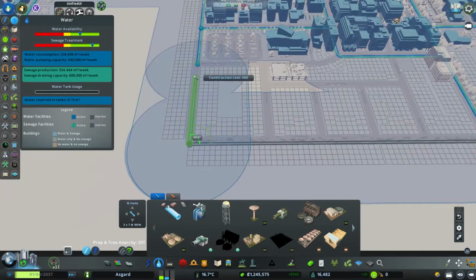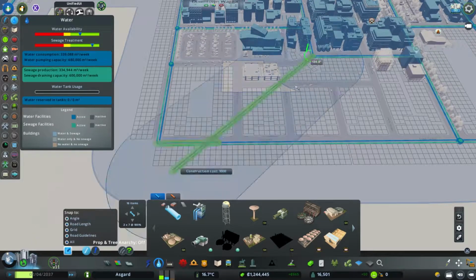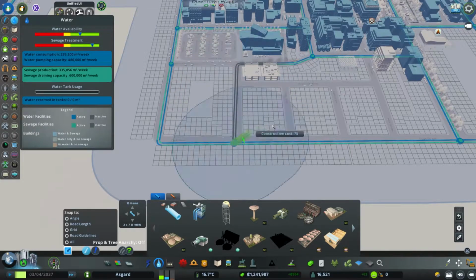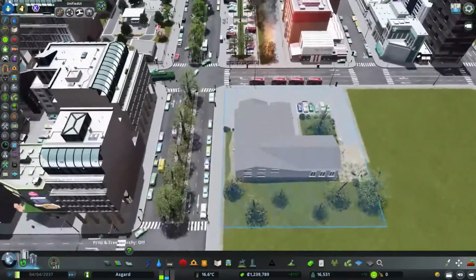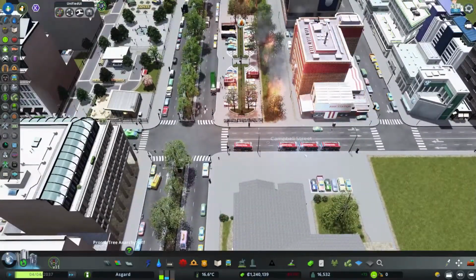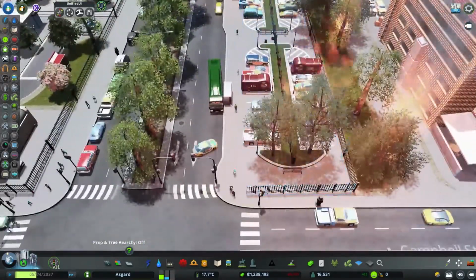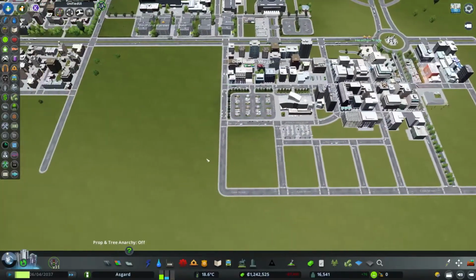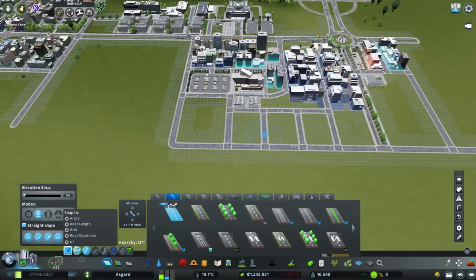It's fine. Okay, so then let's just get our pipes in. Let's make sure we're covering that area. There we go. Oh no, the funeral home's on fire. And the trees are on fire now too. Come on guys, you got this. Rescue all the people. Get on the bus, guys. Get on the bus. You're gonna burn to death. Oh goodness. Right, okay, and then so hopefully...